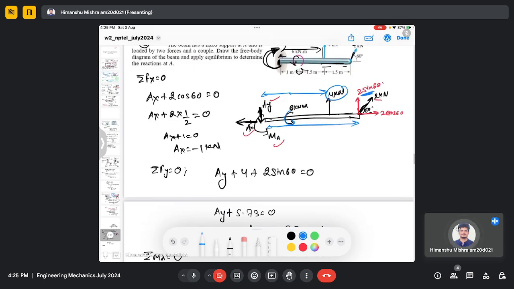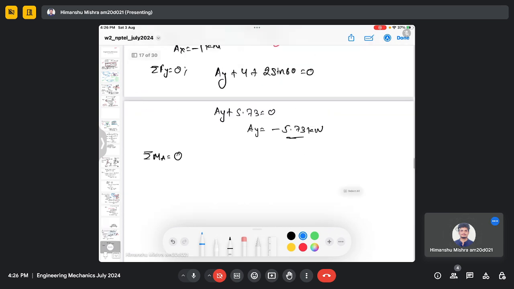And this force has a counterclockwise direction around point A. Both these forces have a counterclockwise direction, and the couple is acting again in the counterclockwise direction. So the counterclockwise direction I am taking positive,